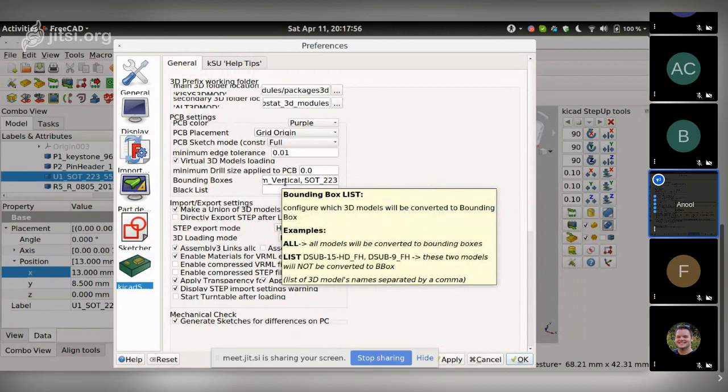Let's say you have a very complicated board with lots and lots of 0805 or 0402 parts, and when you're doing the CAD work, those are really non-critical in terms of mechanical work, and you don't really want to load them in FreeCAD. What you can do is tell KiCad StepUp tools which parts need to be loaded, and